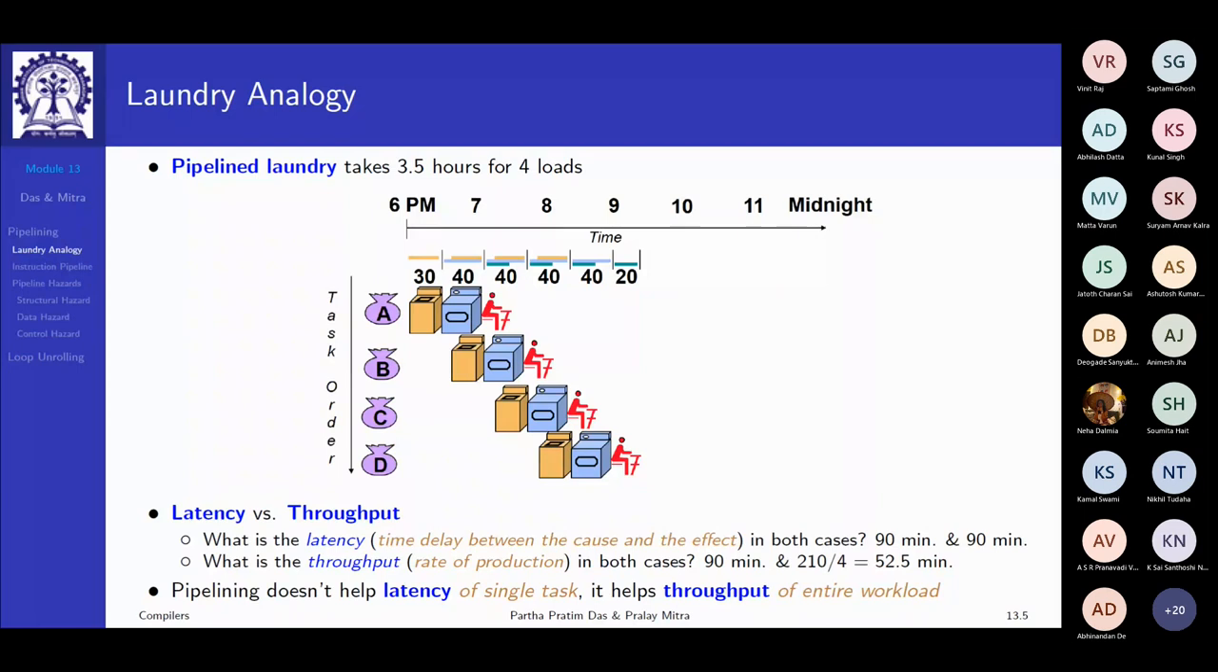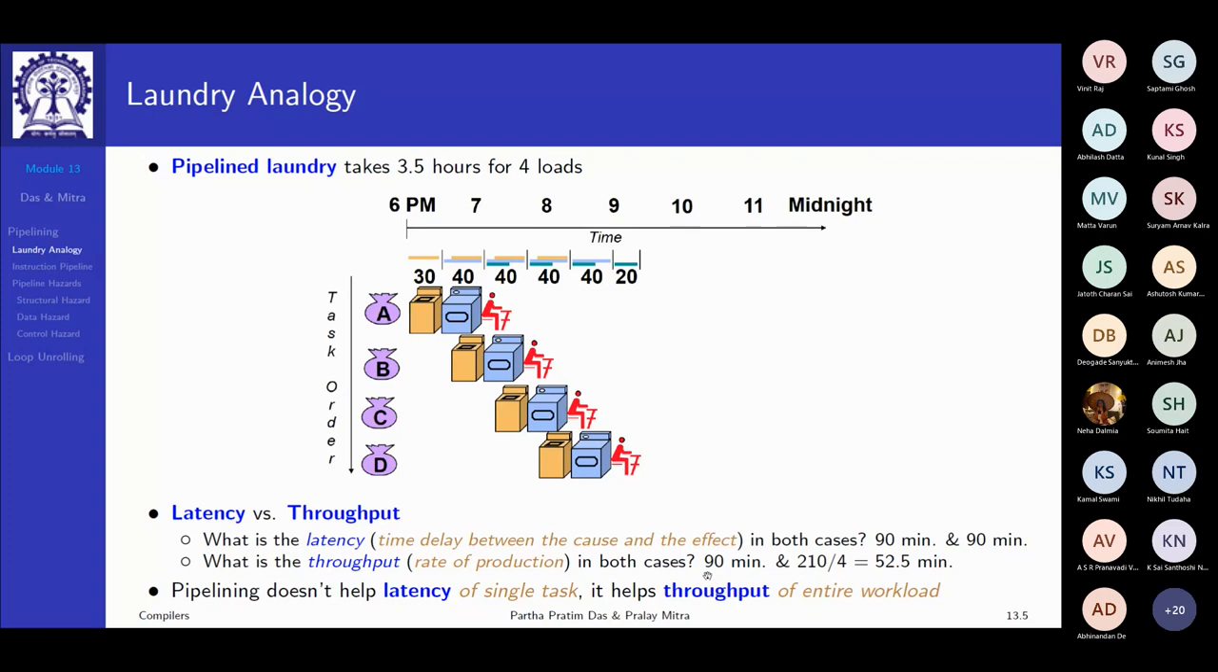So that is to be borne in mind, particularly in contrast to parallelization, wherein the latency itself could reduce. So here, the time taken to do a single job is not getting reduced, but what gets reduced is the throughput or the rate of production. That is, what is the total time taken for the total set of jobs,